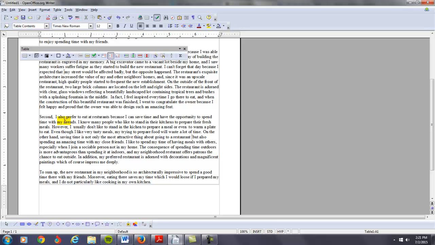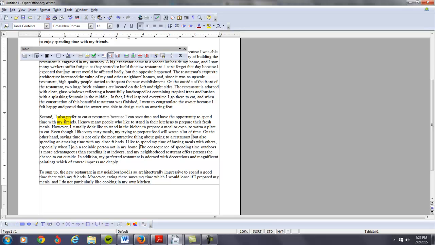It says, even though I like very tasty meals, my trying to prepare food will waste a lot of time. Again, that was excellent grammar you're using there. On the other hand, saving time is not only the most attractive thing about going to a restaurant, but also spending an amazing time with my close friends. I like to spend my time of having meals with others, especially when I join a sociable person not in